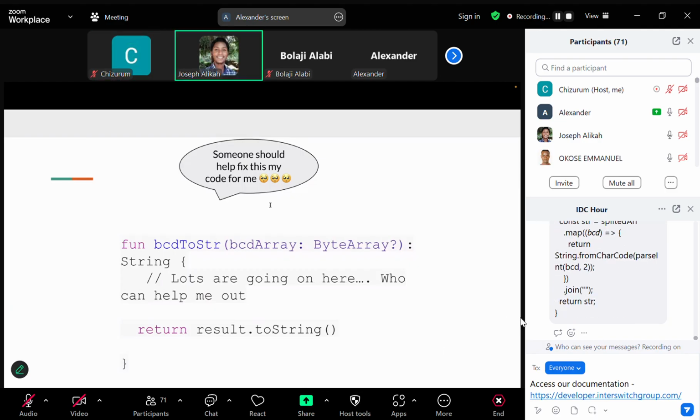Each binary coded decimal basically takes 4 bits to represent. So for each byte in the byte array, I'm taking the first 4 bits and then I have to shift it four binary places to the right, so that it doesn't